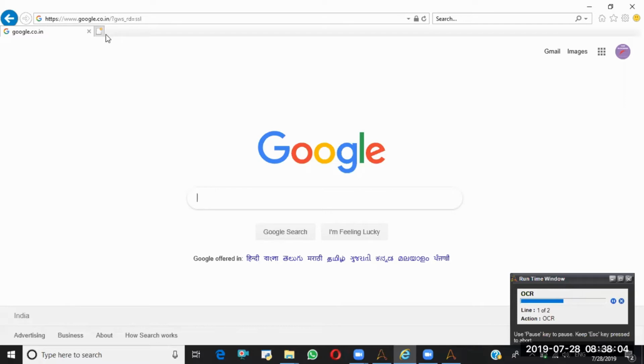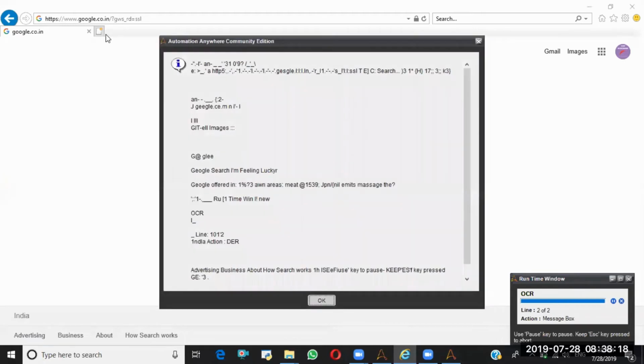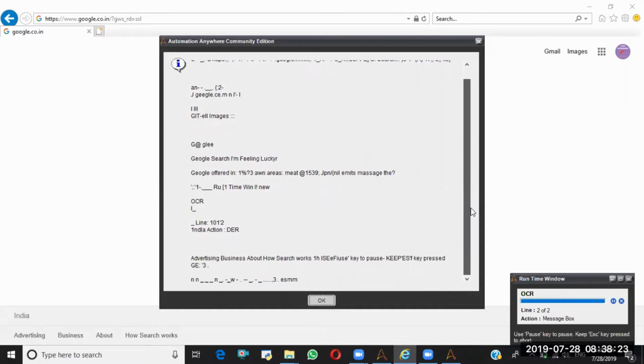It will take a bit of time to capture the data. See, it extracted the data from this screen. This much information is there on the screen.